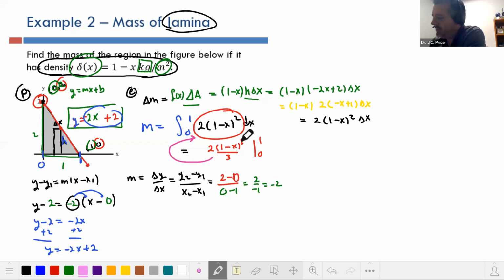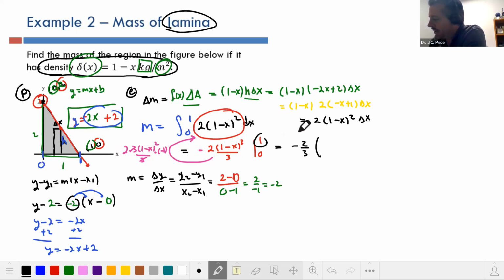That's going to be squared, and then times the derivative of the inside, which is a -1. So notice the 3 will pop down: 2 times 1 minus x squared. It's still divided by 3, so the 3's are going to cancel, but then times a -1. I don't want that -1 there, so I'm going to pop a negative in front here, and that should take care of it. And so now this is going to be equal to a -2/3,